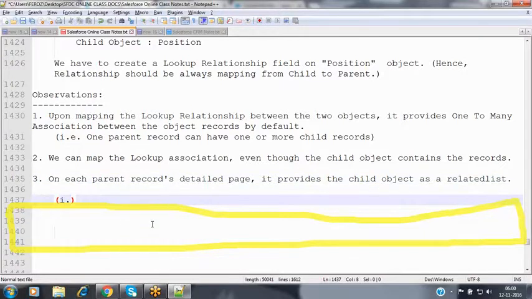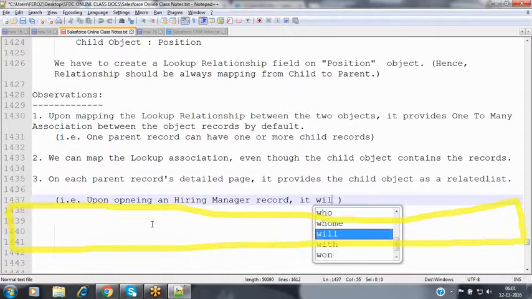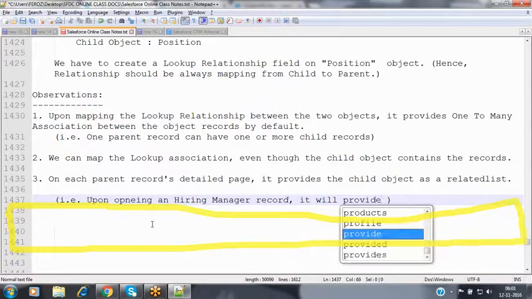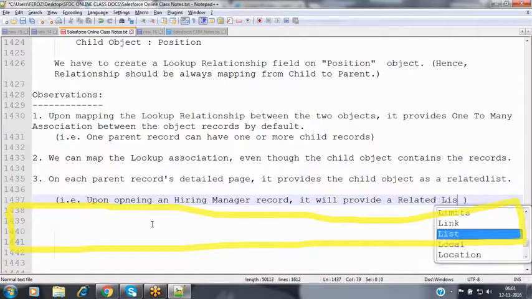That is, upon opening a hiring manager record, it will provide a related list with the name positions.